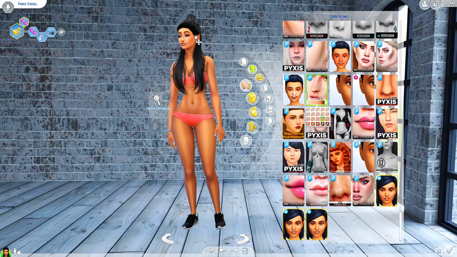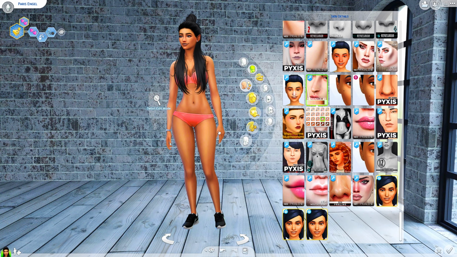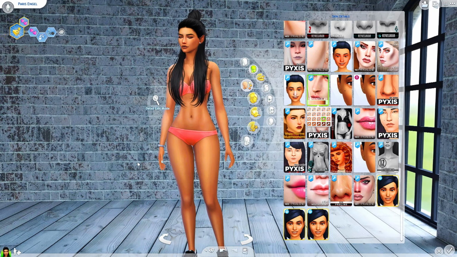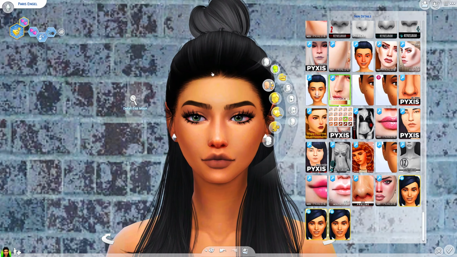Luckily, this one has a color that does match the actual Sim's face, like this one for example. But sometimes when you use a certain Sim's skin tone, it doesn't always match them, and you have to play around with the skin tone to try and match it up. But overall, I think it's a really nice nose mask, and it makes the nose look really cute and upturned, like a cute little button nose, if you get what I mean. And it looks really nice on the male Sims as well. So that one is from GP-Me, and we're going to have a look at